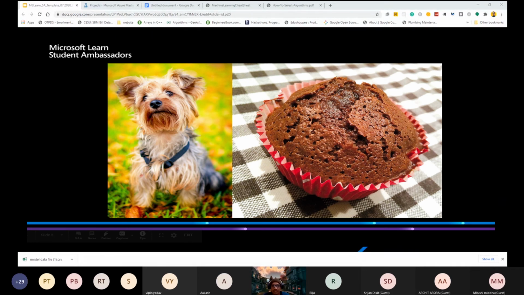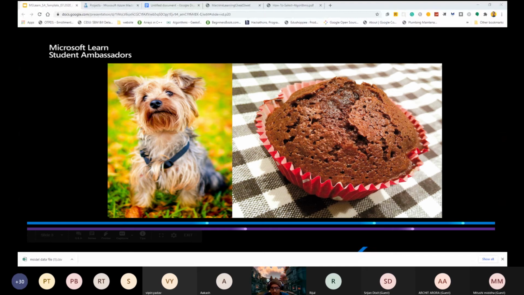Suppose we are working on a problem statement where we want to identify which is a puppy and which is a muffin. You will laugh at me and say that you can clearly identify that the left one is the puppy and the right one is the muffin. But let's consider the example problem of distinguishing between puppies and muffins.